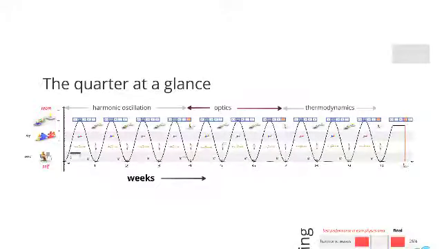This quarter is about 3 main topics: basically waves, and we're going to start with harmonic oscillation. Then we'll talk about optics, which would be light rays, and then thermodynamics. These are the weeks here. We've got 10 weeks and then the final exam. These orange indicators let you know the rough time frame of when you can choose to demonstrate your proficiency around the material in harmonic oscillations.